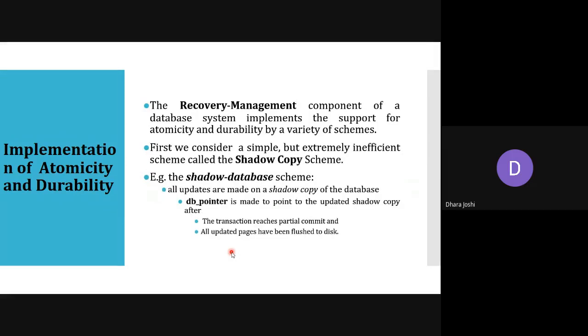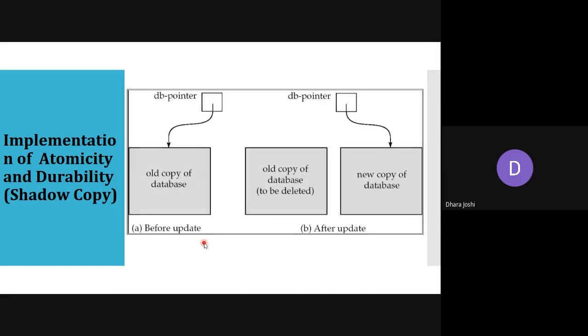So it covers atomicity. Either your transaction should be fully done or it should not be done at all. Because, as you have observed here, either it is fully done, so the pointer moves to the new copy, or it is not done, so we keep the same old copy. If half of the transaction is done, it will not be useful. So we have implemented atomicity. And durability means, if your transaction is done successfully, then all the changes in the transaction should persist in the database. It is called durability. So we have covered this too.